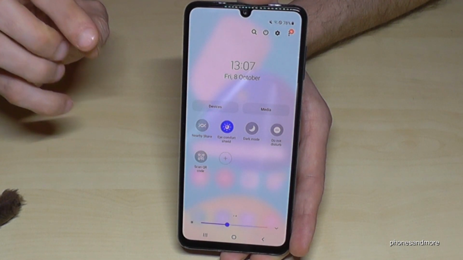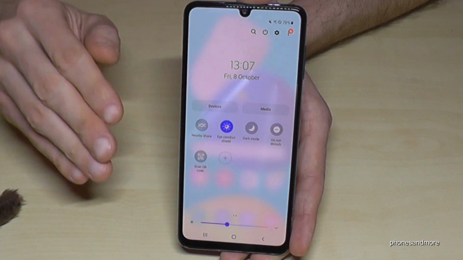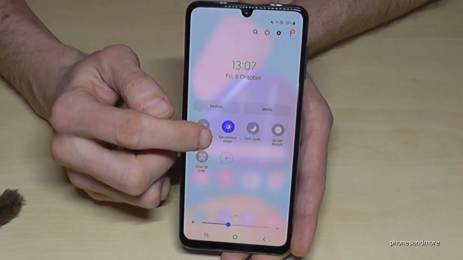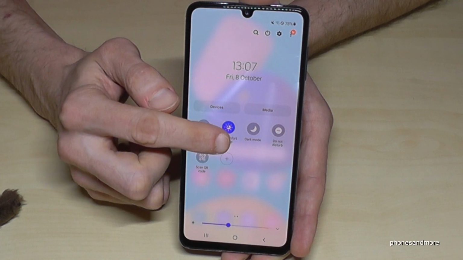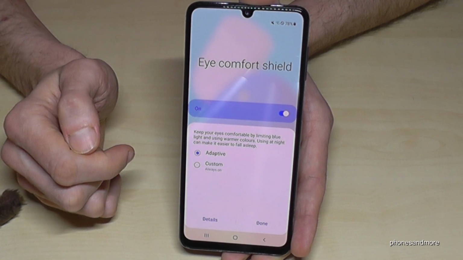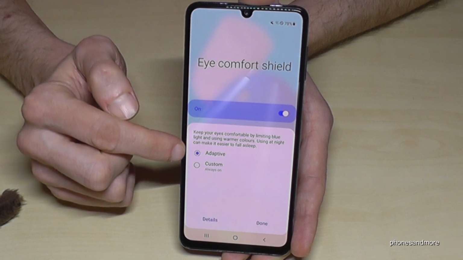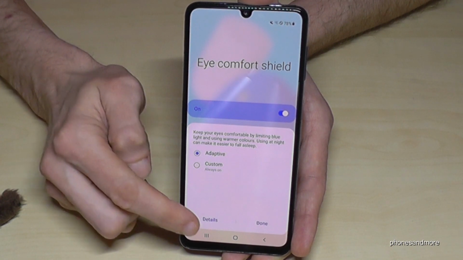And you can force this feature a bit more if you go here on the written words, Eye Comfort Shield. And if you're going then here on details,